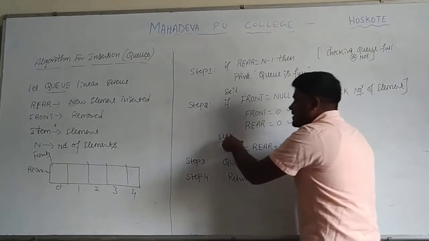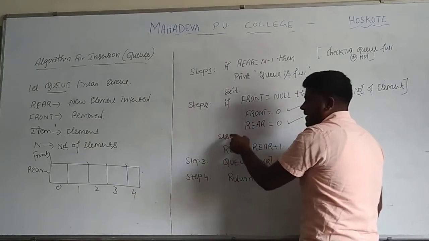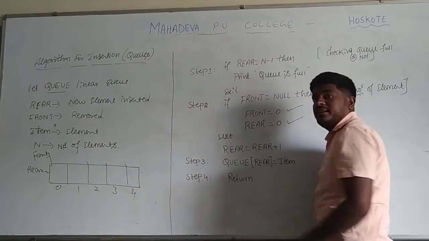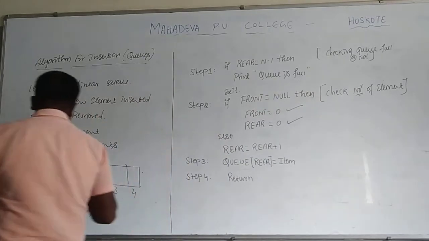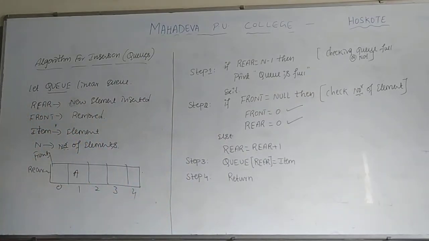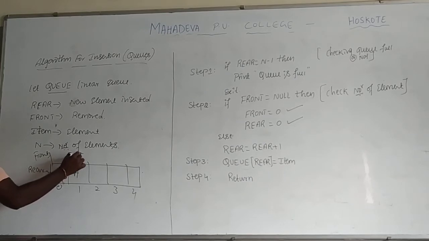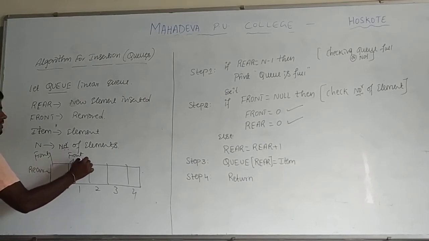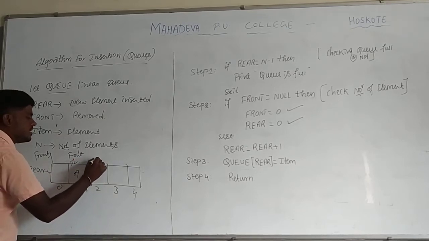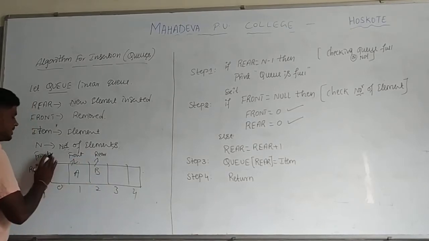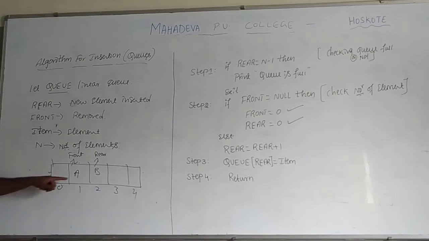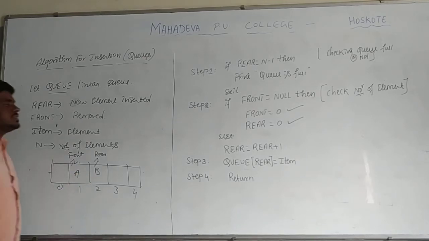If this condition is false, then definitely the queue has some elements. Now this is called the front, and this is the rear, because we have two elements. This is the rear end. Now the queue has two elements, and if you want to insert a new element,